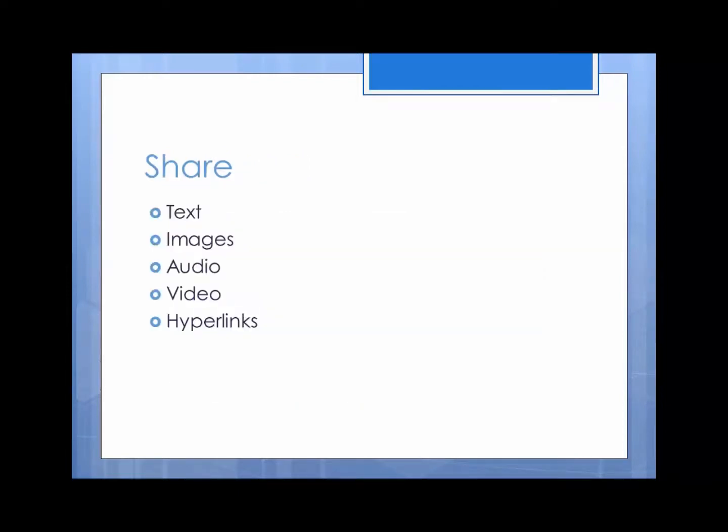Some of the ways that we're able to get found is by using these 5 basic media types. And really, when you look at this, the 5th one, which is hyperlinks, is a gimme. There's no way for you to share any content online unless you use hyperlinks. So that's mandatory. So what I'm saying here is, in order for you to get found, you have to be able to share some form of text. You can share images, you can share audio files, as well as videos. There can be a hybrid where you share a combination of those. And I'll talk a little bit about that in just a second.